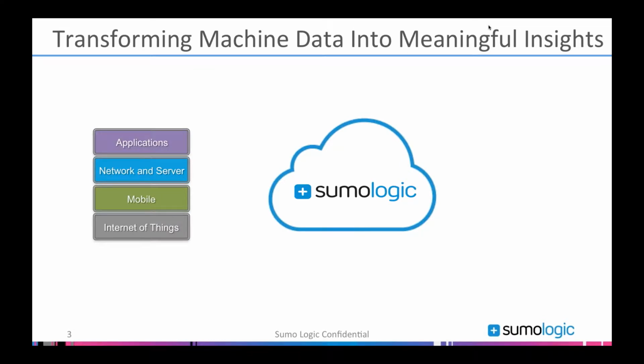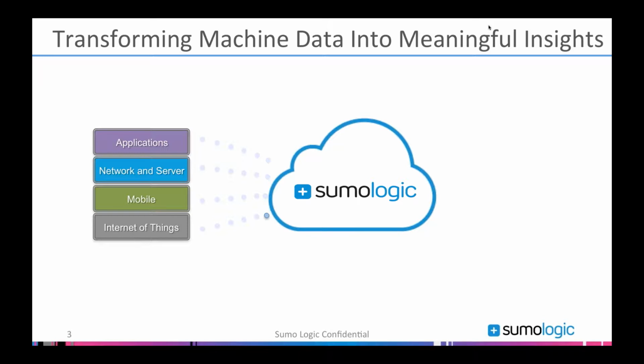So we are a cloud-based log analytics, machine data analytics system. What we do is collect log data or any sort of machine data, metrics, log data, up and down the stack. So if you're running a business critical application, we can get the log data from the application layer, or we can dig one level deeper and look at the OS layer. And many of our customers even use it for collecting client-side data from mobile devices or connected devices. Those are some of the newer use cases that people are using Sumo for.